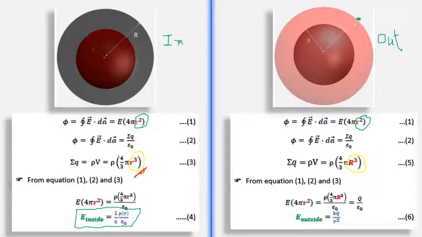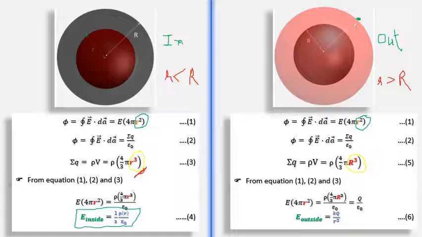This is the case where we have small r less than capital R. So whatever is the charge present in the situation is not fully enclosed by the Gaussian surface, whereas on the right side our point is outside, so small r is greater than capital R, and so it is enclosing all the charges present in the spherical cloud.